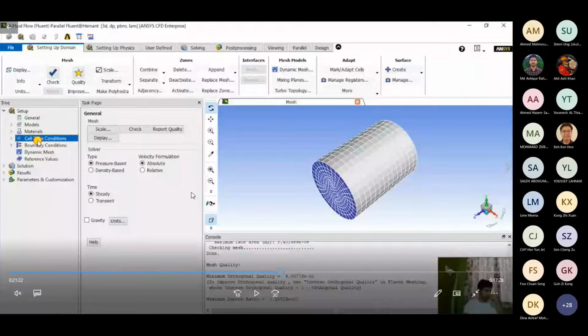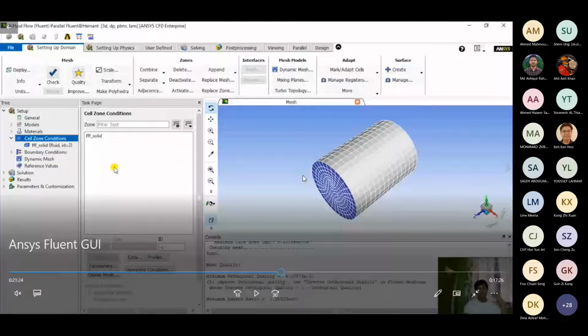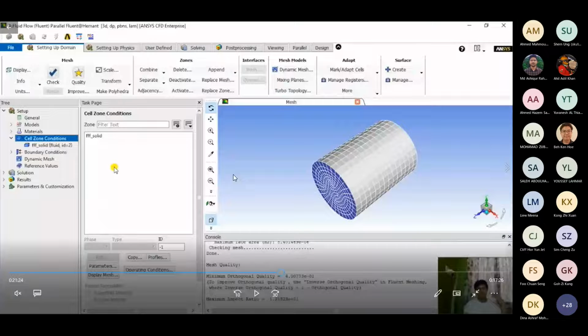So when I double click on cell zone condition, it basically defines in your overall domain what type of module it is. Now here it's written FFF underscore solid. The reason is that when we created the geometry, it was solid.